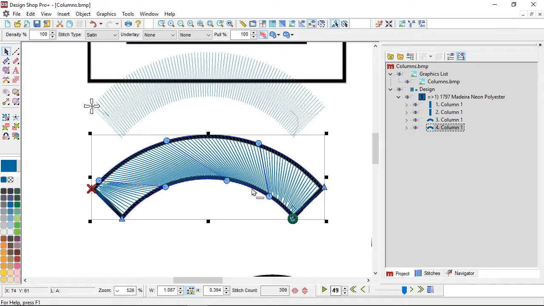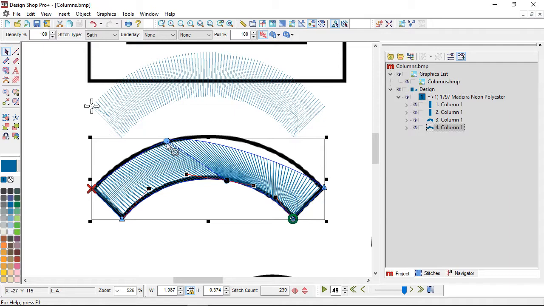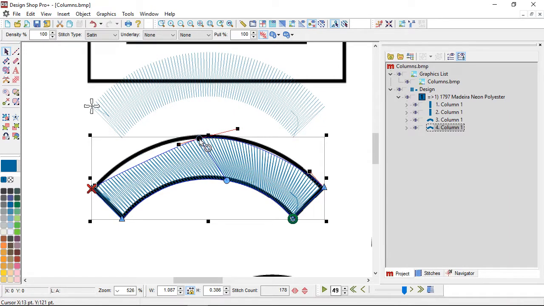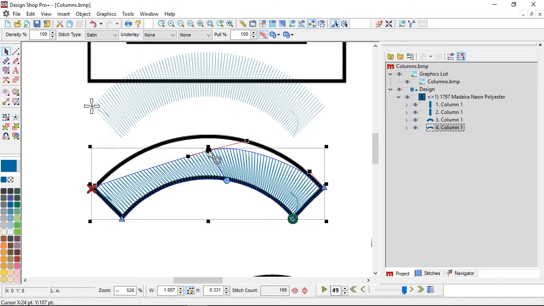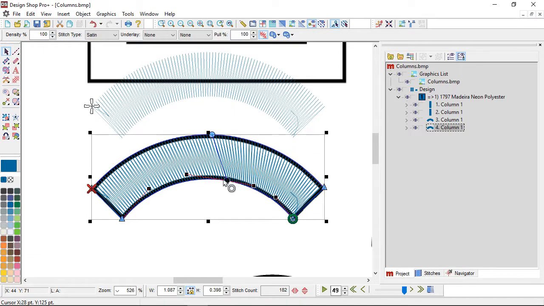I've got really bunched up stitches here. I've got some short stitches here. You can fix that by deleting those and then moving this point. I'm going to hold Control, because right now those handles are going with it and they're staying. If I hold Control, it will arc out perfectly. When you're dealing with curves like this,